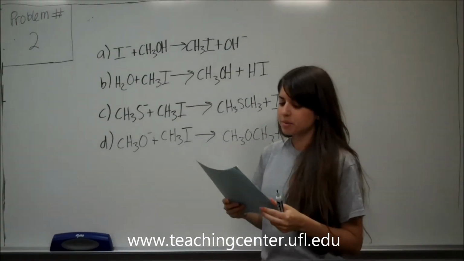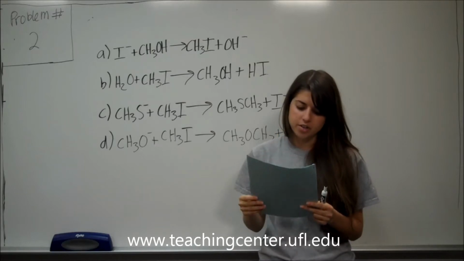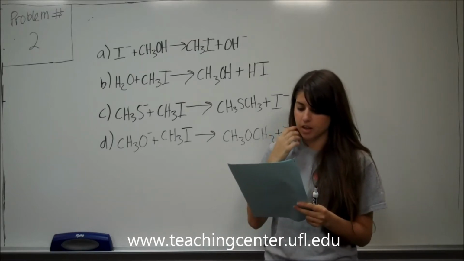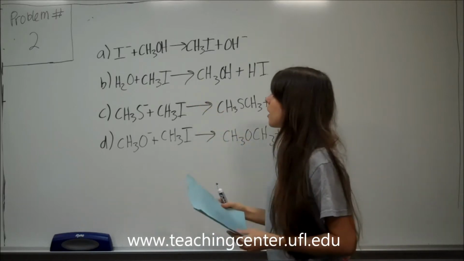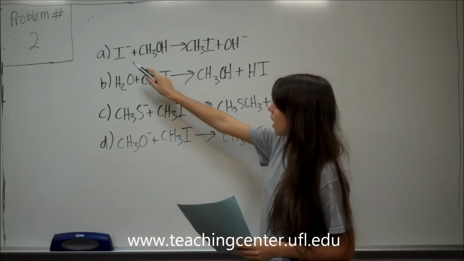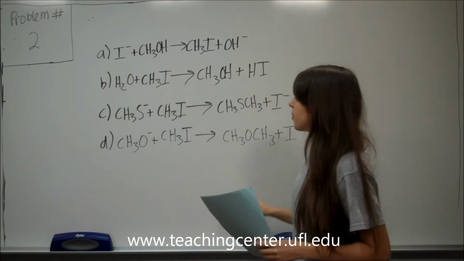Okay, so now we're on problem 2, and the question is which SN2 reaction will occur most rapidly? So we're given 4 reactions, and for the first one we're given I minus reacting with methanol. We know that